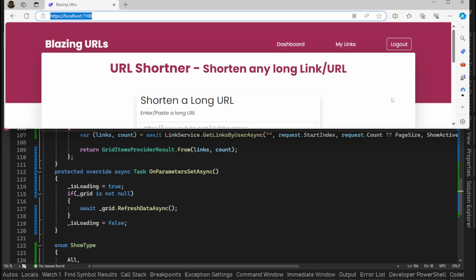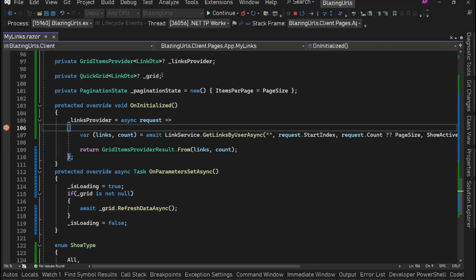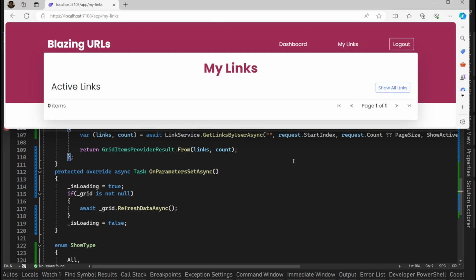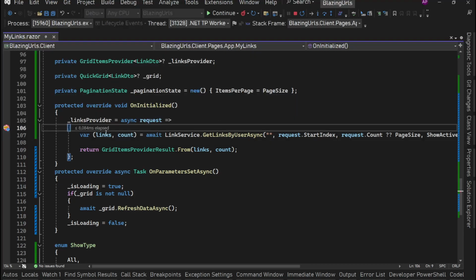We'll work on that when we work on the edit link functionality. All right, for now let's go to my links. It got hit. We'll continue and we should see something, but we are not. We'll check what is happening here, but we are good. Now let's click on show all links. It again came here. Continue,